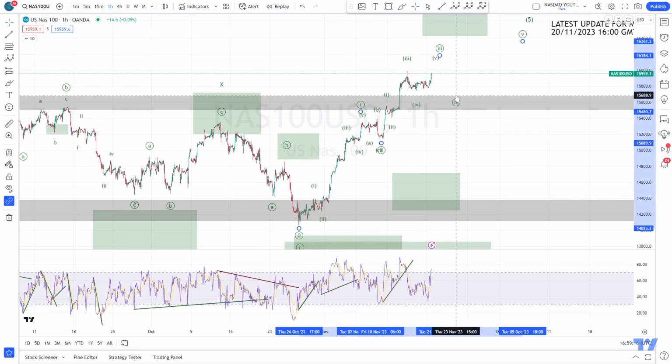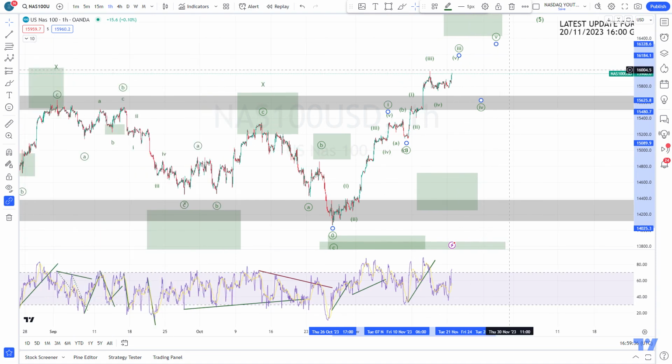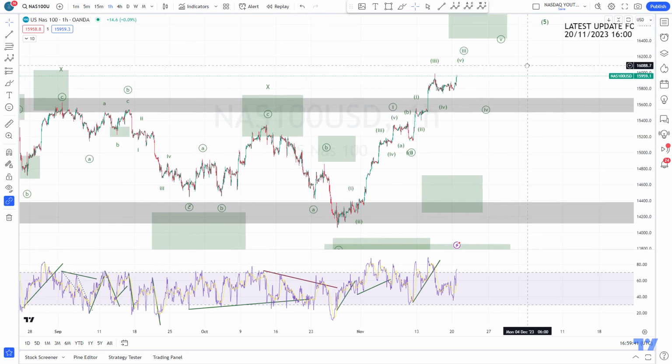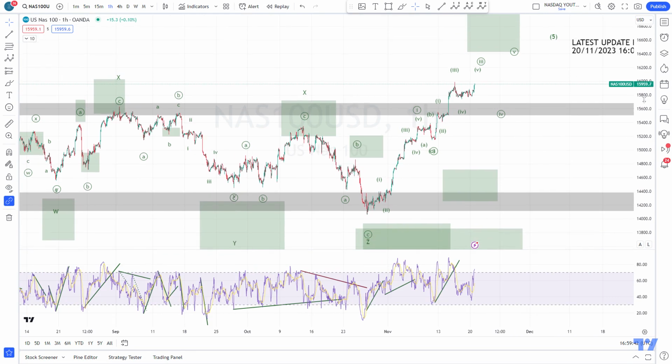And then I think we might have a pullback as a wave 4, and then a fifth wave should follow. So if I look here at the subwaves, I think we still need to finish a wave 4 pullback, and a wave 5 up. So therefore, like I said, main expectation is that we see some more upside, but I believe this upside is really limited,